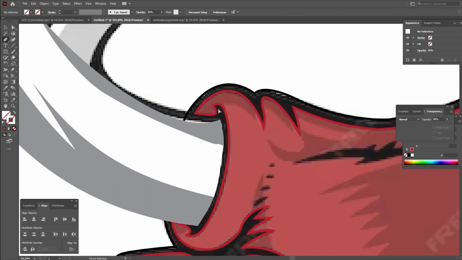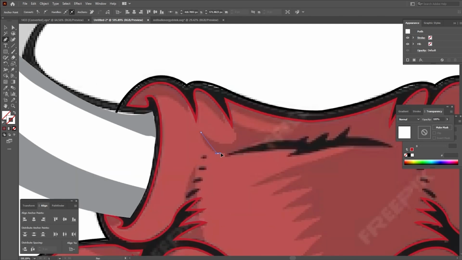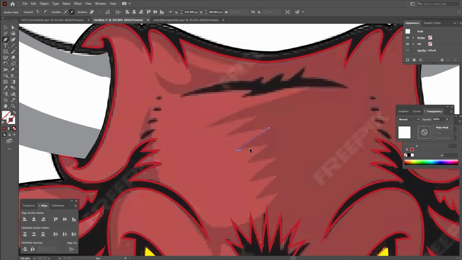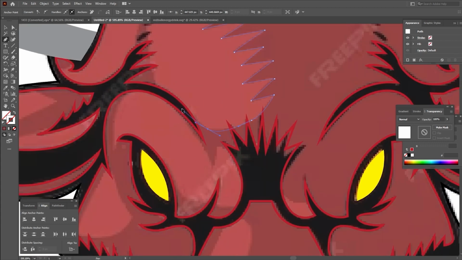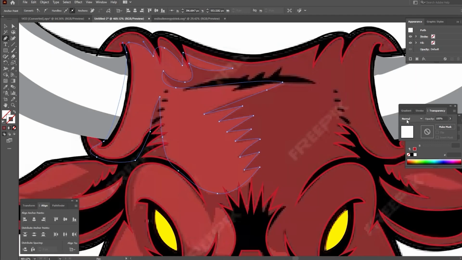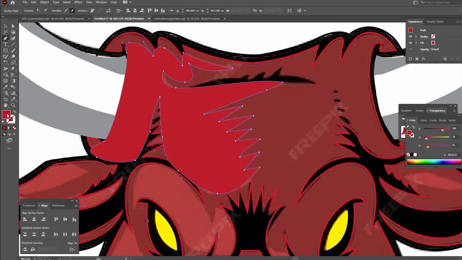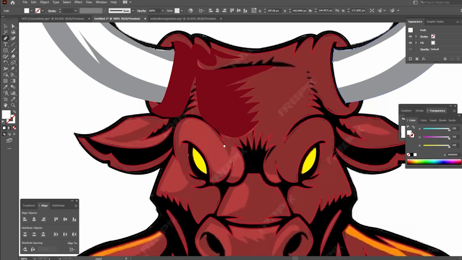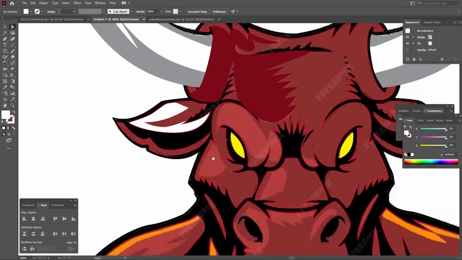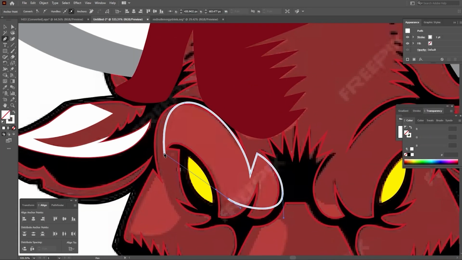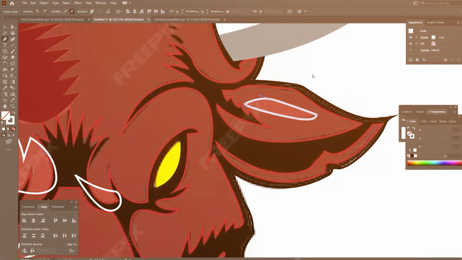Commencing with the left horn area, I'll trace these shaded regions to fill them in a slightly darker shade of red to distinguish between light and dark shadows. For the light shaded areas, I'll use white color. I'll fine-tune the outlines of the borders and the color palette of the bull accordingly. Now that we've completed filling in the light, shaded portions of the face area,